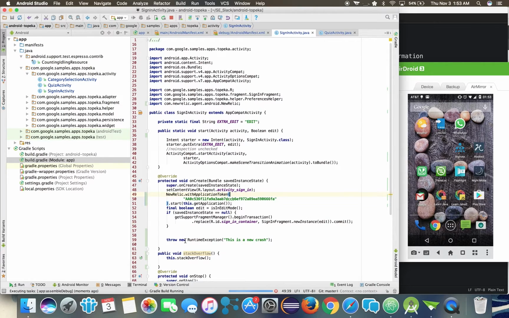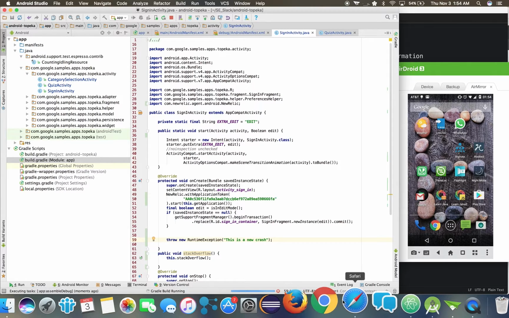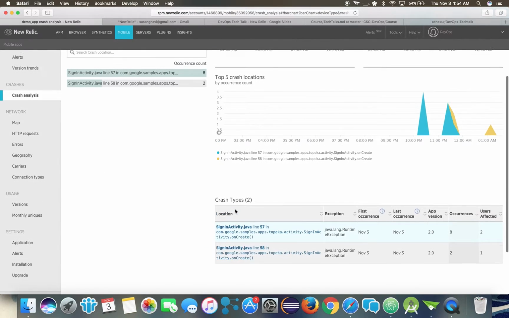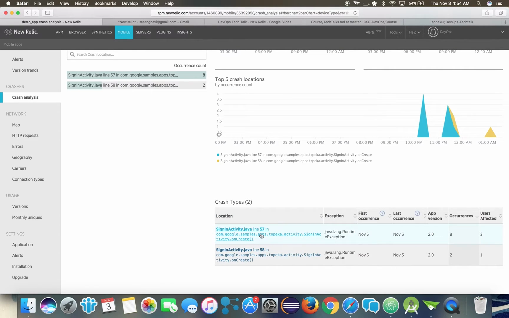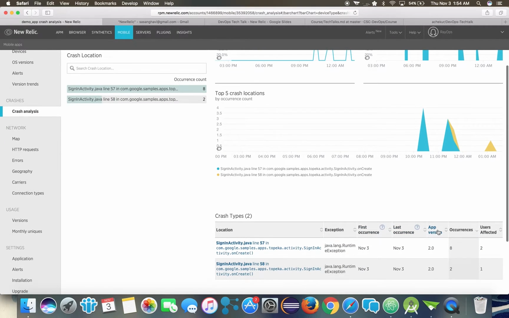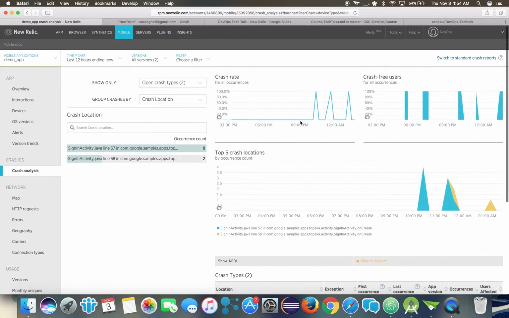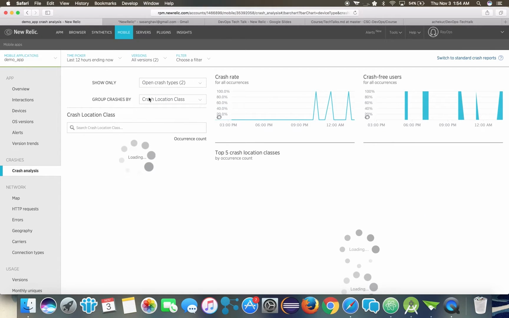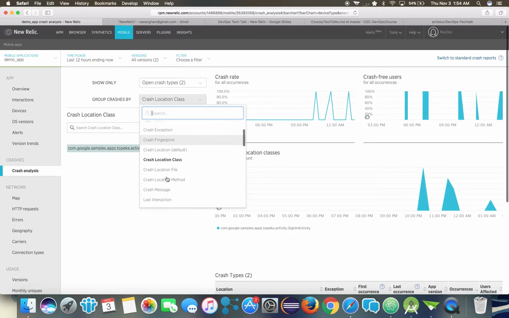You can see that I added this crash on line 59. Currently in the dashboard it shows the crash at line 57 and 58, the type of exception, when it first occurred, last occurred, the app version, and different usage statistics. You can even group the crashes based on location, the crash class, what crash message it gave out,